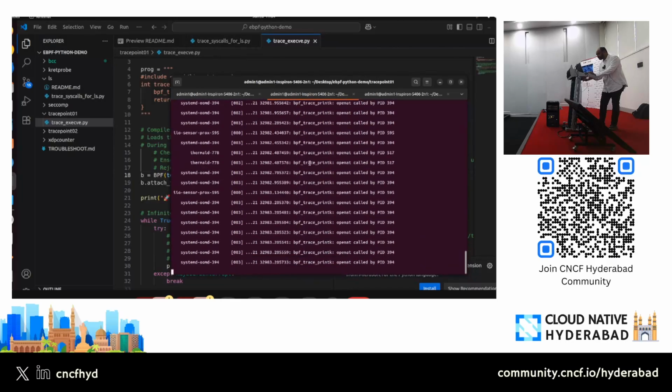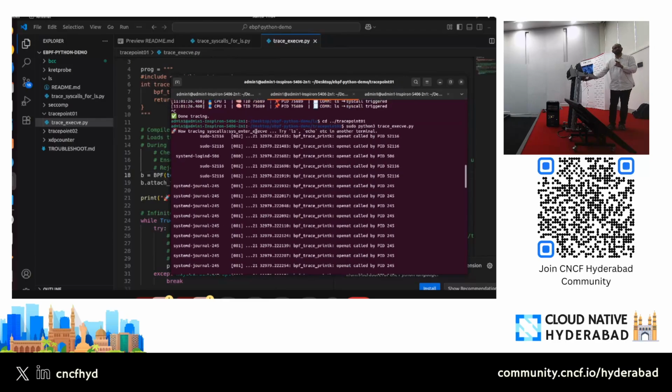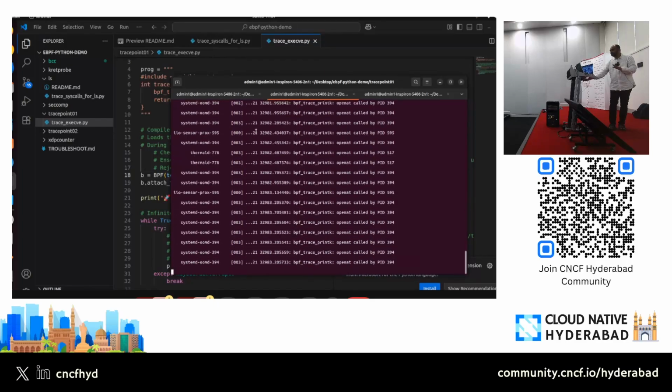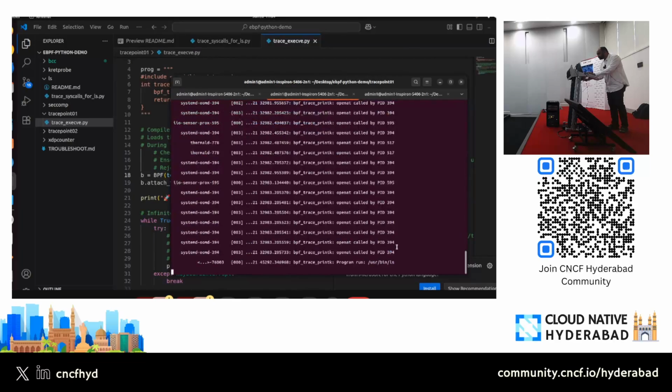Earlier, if you remember, I told you that I had hard coded it to only show ls. But now, without even running anything on my system, you see these are all the background things that it is running. It doesn't stop, and it varies from system to system. Now if I run ls here, you see that it is showing ls.